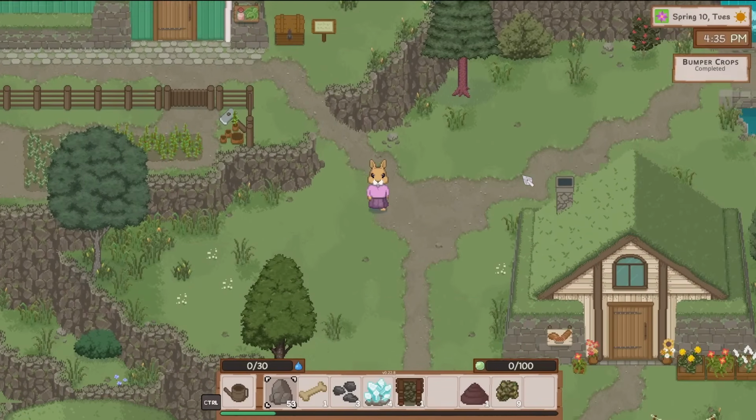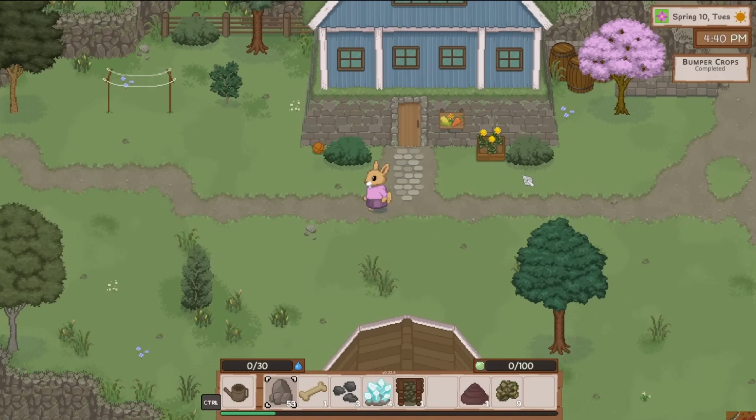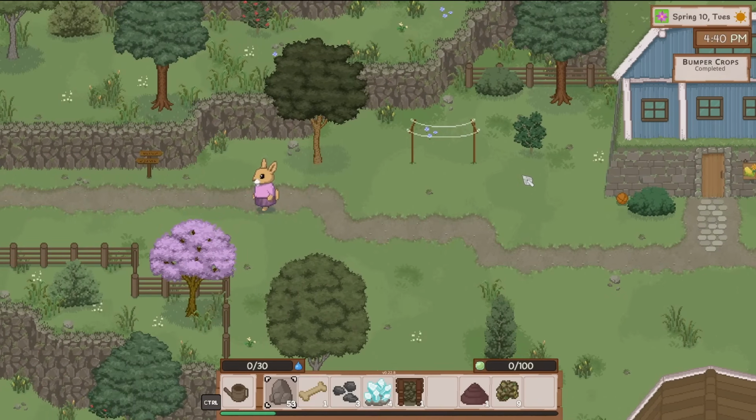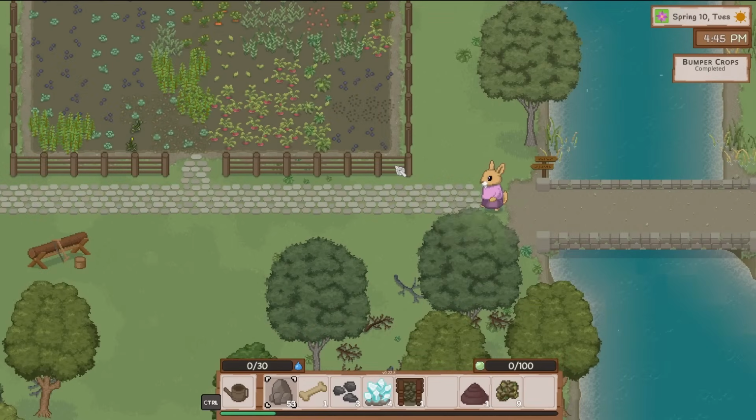Thank you, Rose. So I might put that above the other compost bin and then maybe move the forge somewhere else. Not really sure. I want to do fishing so bad, but I have like no...